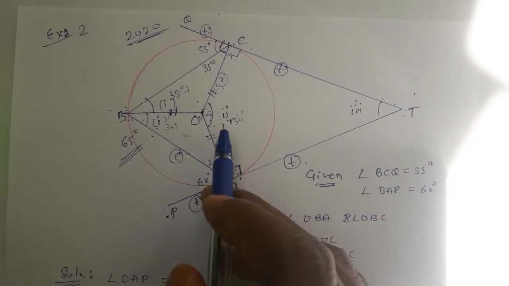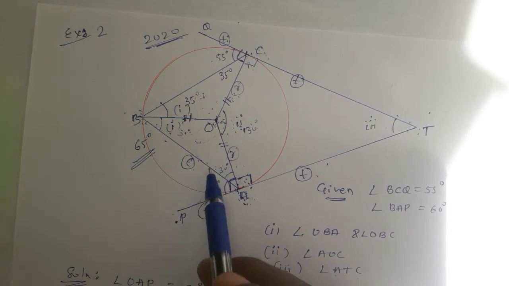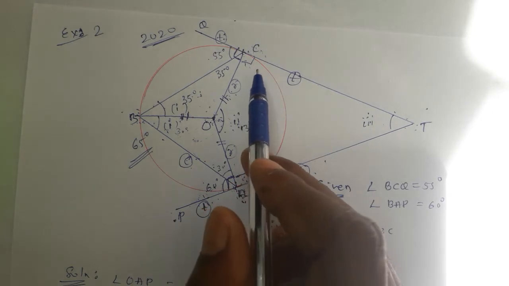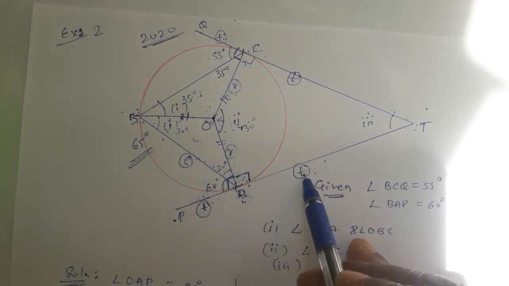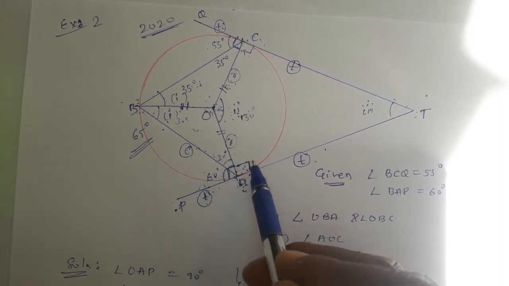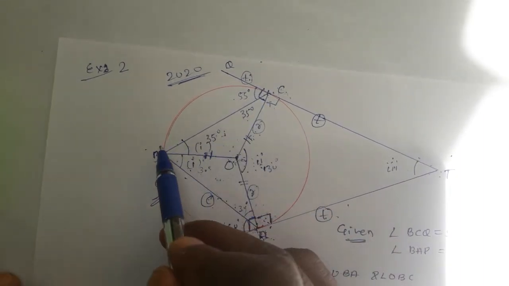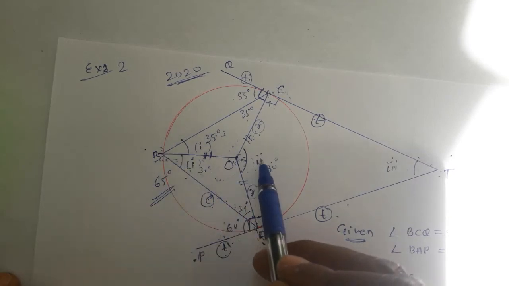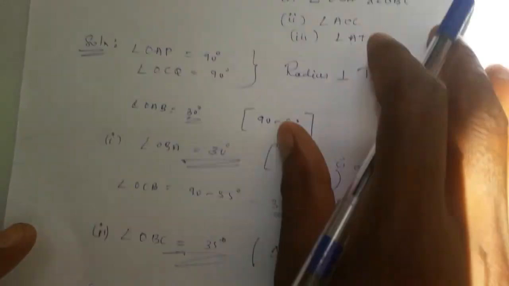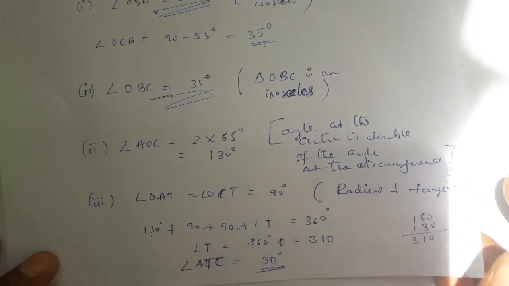It's not like that, if you know the theorems properly, that is radius and tangent, chord and tangent. Here chord and tangent were there, but we are not using them, because the chord and tangent angle we cannot shift to the angle in the alternate segment. So we dropped it. Radius and tangent really played a huge role in this problem, because radius and tangent, this side 90, this side 90. Those two are 90 degrees, that's why we got 30. Here also 90 degrees, that's why we got 35. Then we reached B. Then we reached AOC by doubling. Then we took the quadrilateral, it's not cyclic, and we added to find out T. So the first theorem, radius and tangent 90 degrees, was the useful theorem here.